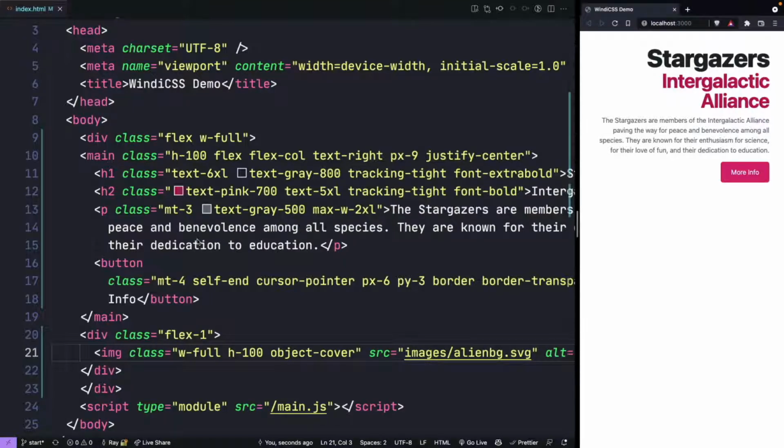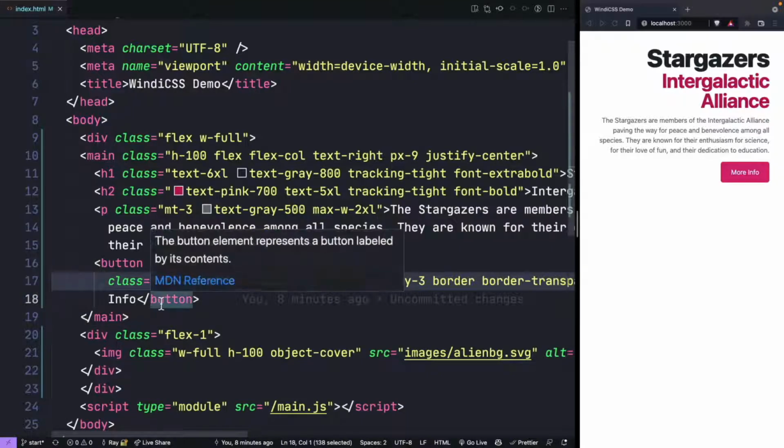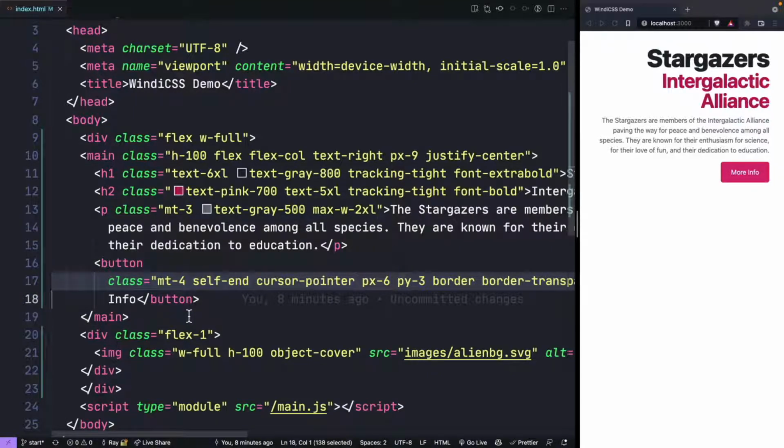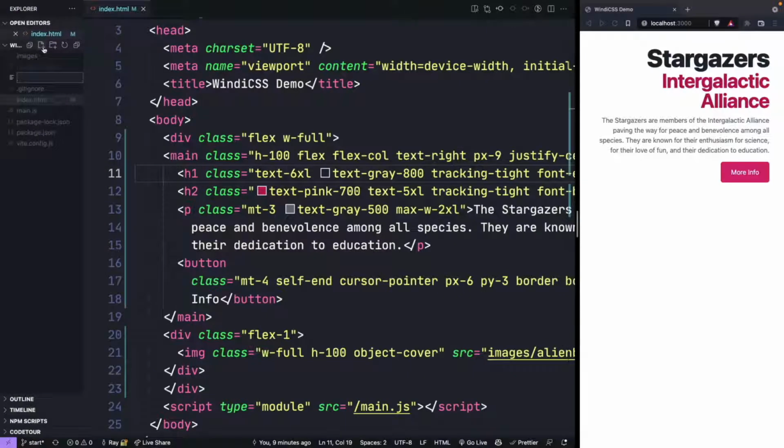And I think that you can really see the power of what something like Tailwind will do, as well as, of course, WindiCSS. If you haven't seen Tailwind before, this is probably driving you crazy. The fact that you have to create so many different classes in order to make a simple button probably scares you, because you think, what if I have to make a lot of these buttons, right? So the nice thing about both Tailwind and WindiCSS is that you can abstract these into something called shortcuts. Now the way that you do this is actually a little bit different between WindiCSS and Tailwind. With Windi, you have to create another file, and that's going to be called